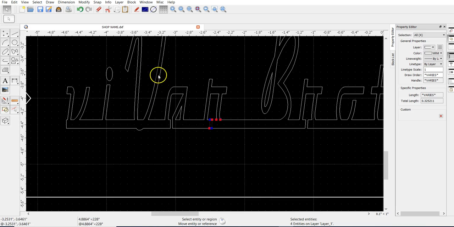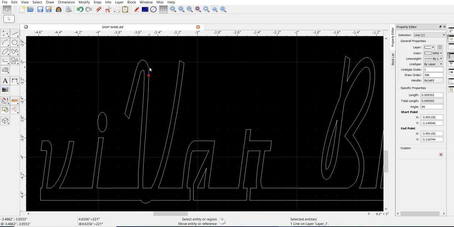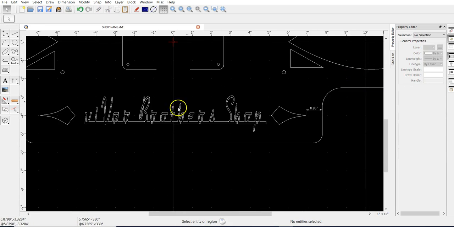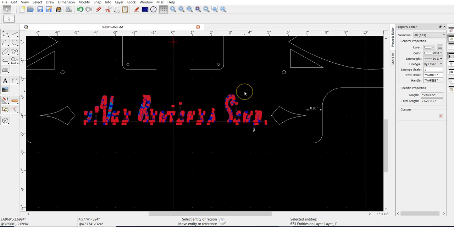There we go. Now let's zoom in here. Based off of what I'm seeing, what needs to, generally speaking, happen is we have all of these vectors. We have so much going on in here. Easiest bit to do would actually be to do this in Inkscape, but for the sake of time here, what I can do is